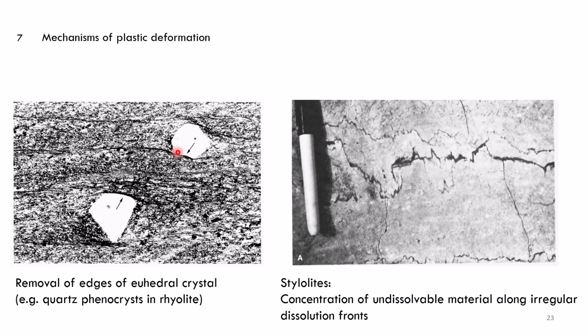But some edges are dissolved into a fluid phase. We see that here indicated by the arrows, and where we find these dissolution surfaces, we also see a concentration of undissolvable material, mica most likely in this example, which is more strongly concentrated in these areas where dissolution creep